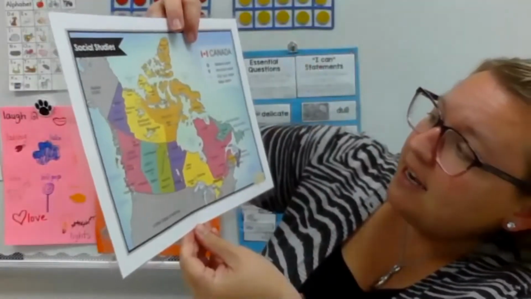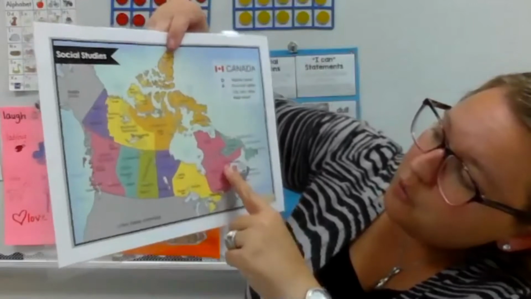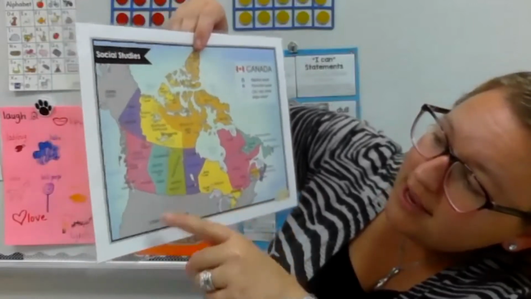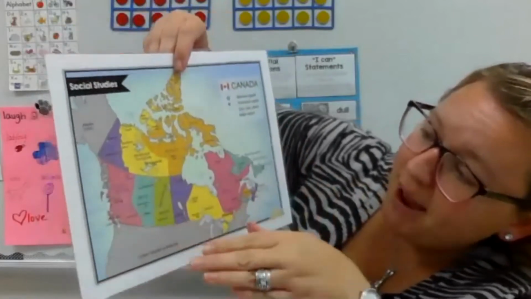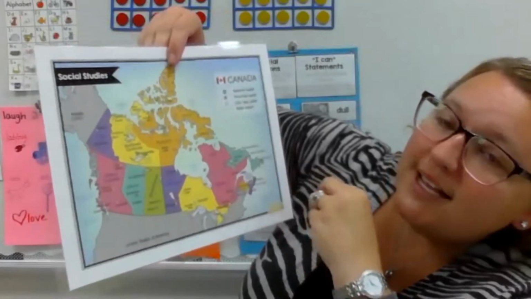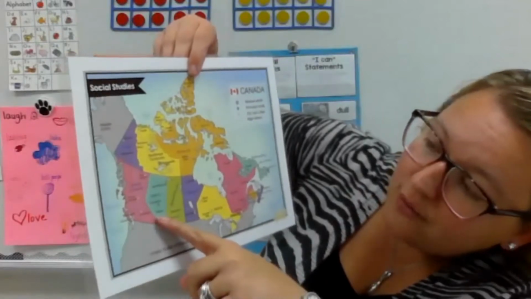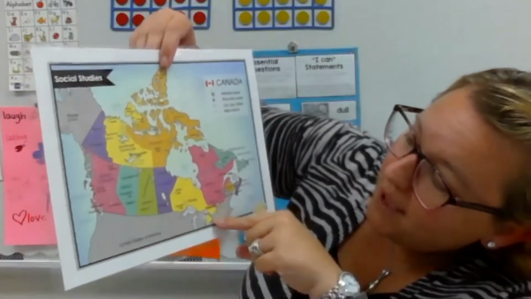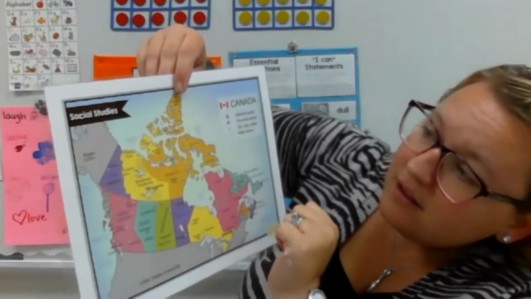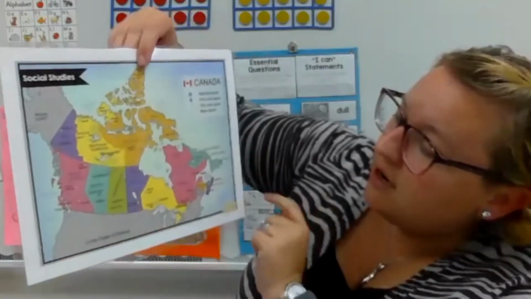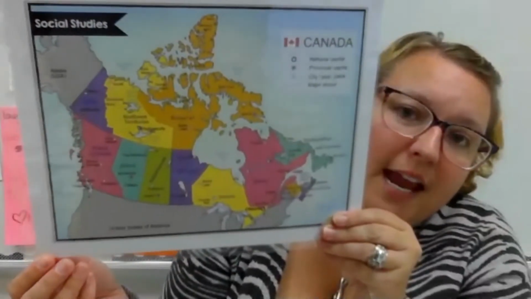So in Canada, you have territories, different territories. So here's Quebec and Ontario, and there's Alberta, British Columbia. So on this map, you can also see the bodies of water that surround it, as well as some of their major cities. Okay, so Calgary is one of their major cities, Quebec and Montreal. And here's the Hudson Bay, the Pacific Ocean over here, the Atlantic Ocean over here. So again, this is just a map of Canada.